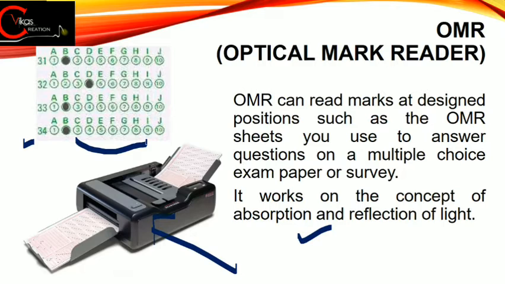Fine. Now from all the remaining options which are reflecting back the light, these options will be considered as not marked options, whereas all the options which absorb the light will be marked as your correct answers. Fine. Now this machine checks the pattern against the stored pattern, and if your pattern matches, then you will get the marks for that question, otherwise you will not get marks for that particular question.